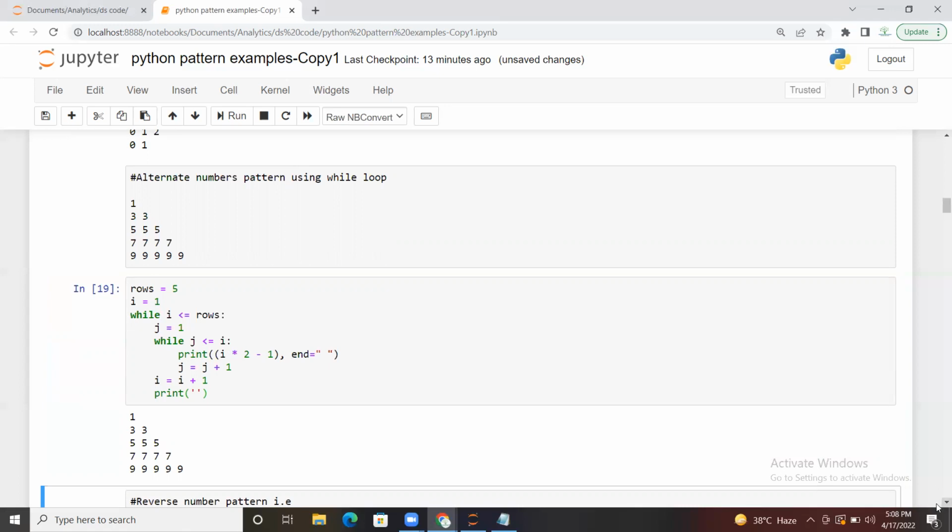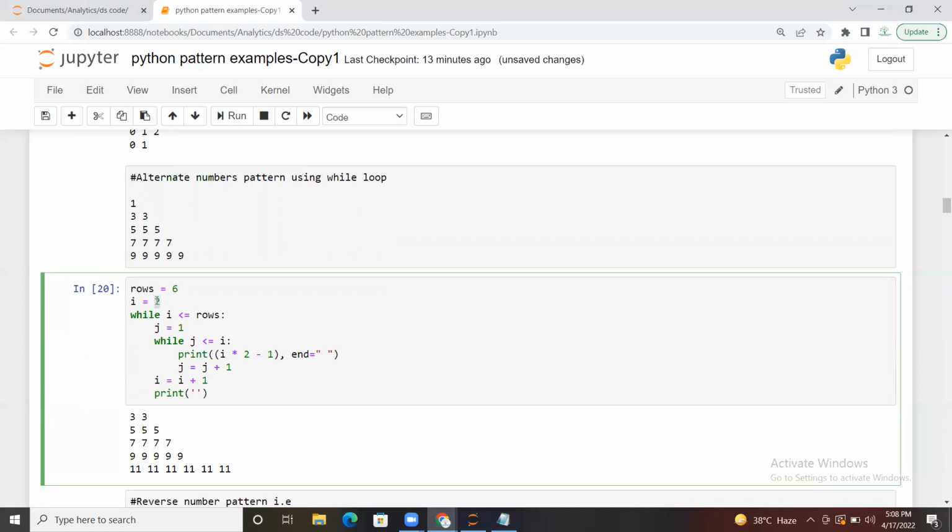So you may make modifications here as well. Let's say you want to start it from 2, and the total number of rows you want to have is 6. So you make the modification here as well. So you see that we have started from 2. So every time it will have the difference,